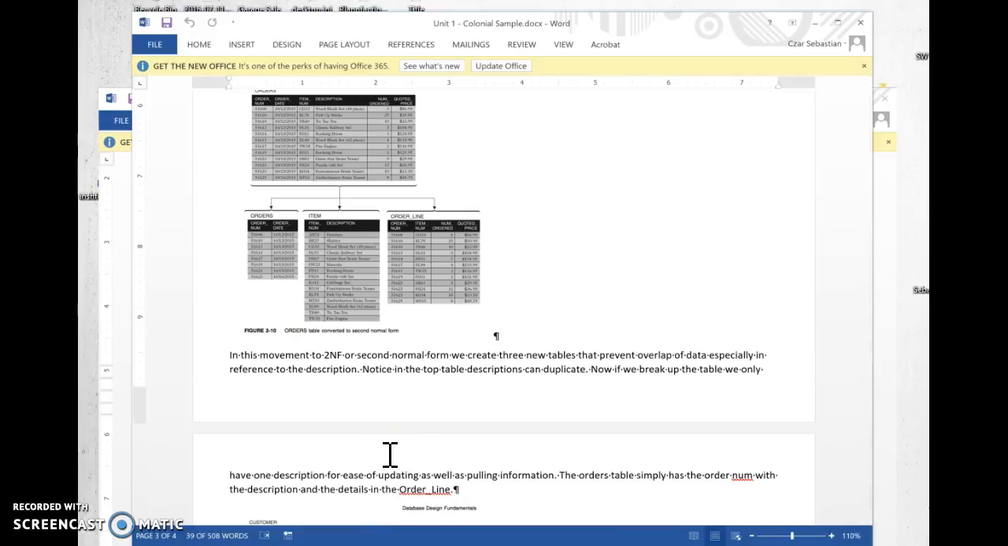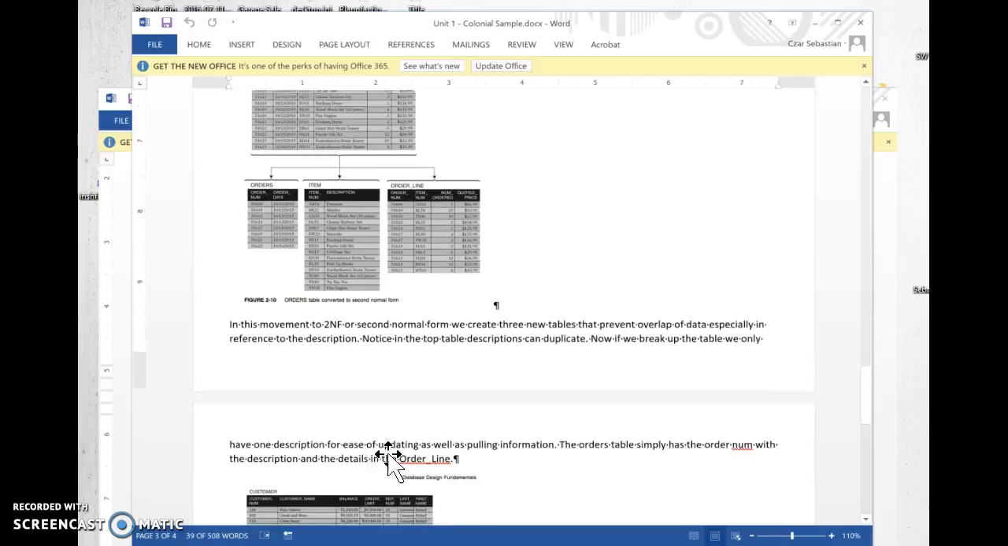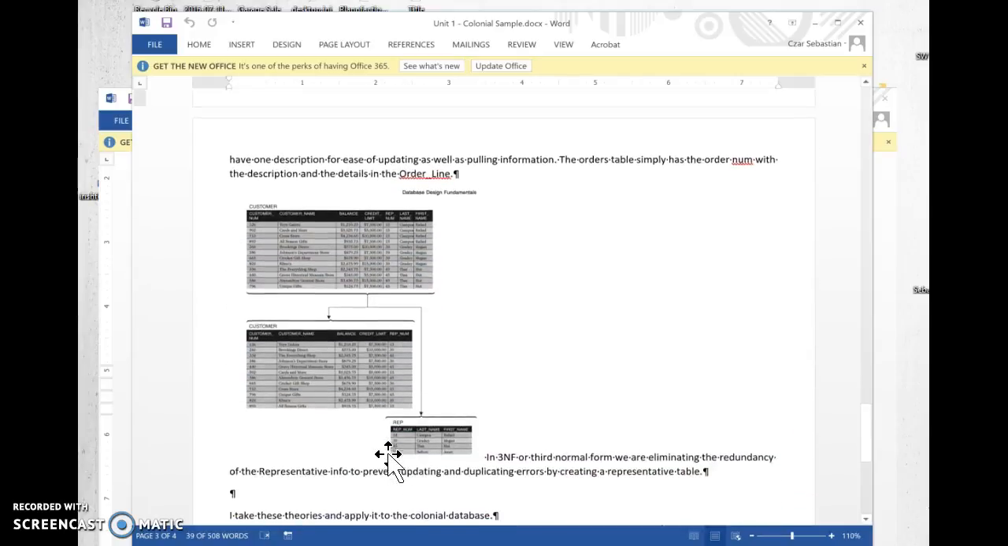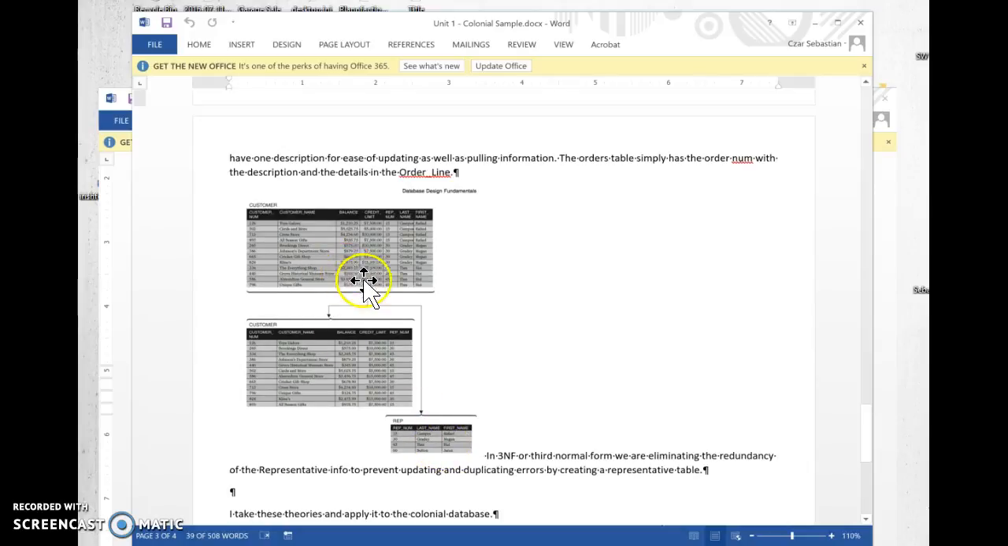And once again, I wanted to add this on the last video, but it stopped a little bit early. And then the third normal form is actually taking the customer table. In this particular case, it has customer number, customer name, balance, credit line, and it's assuming that the customer name will be associated with customer number. So you now have